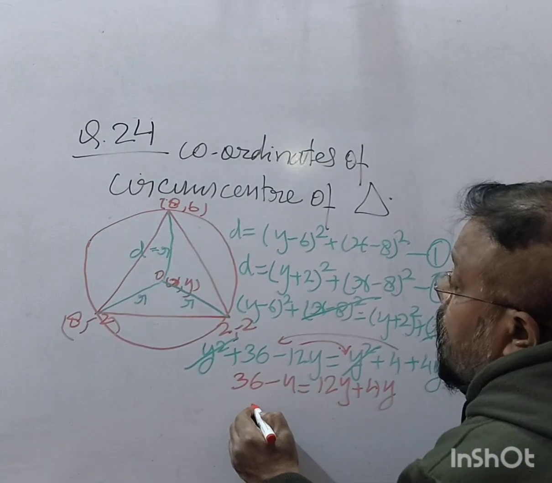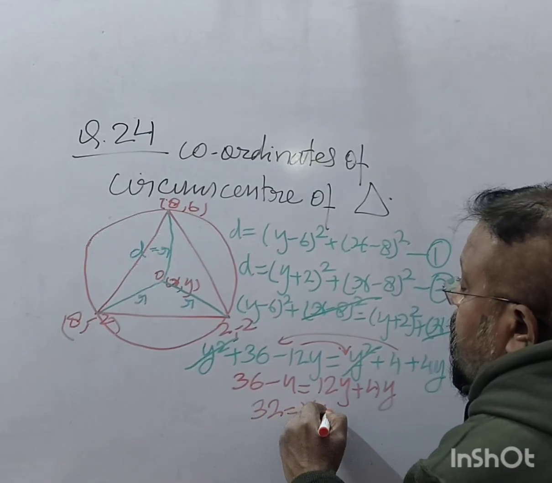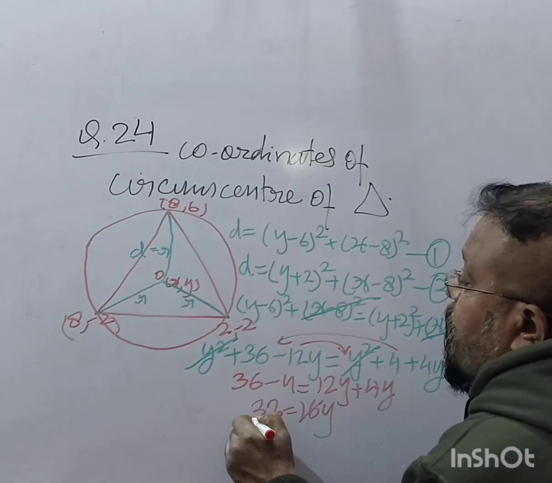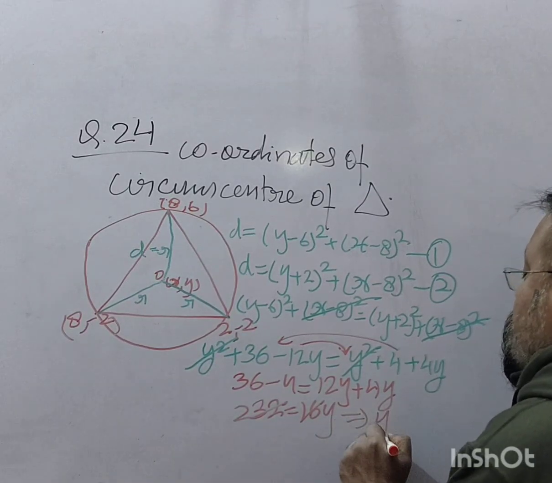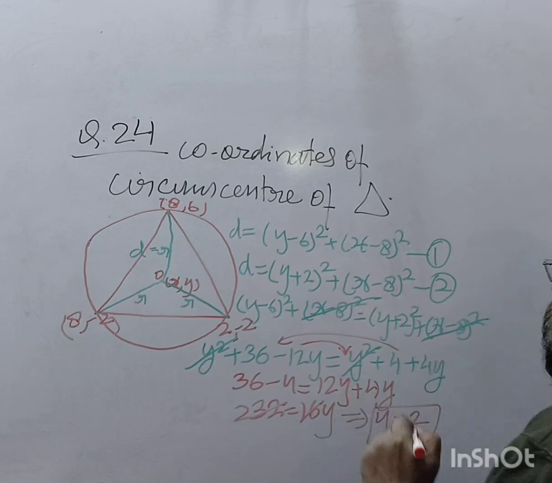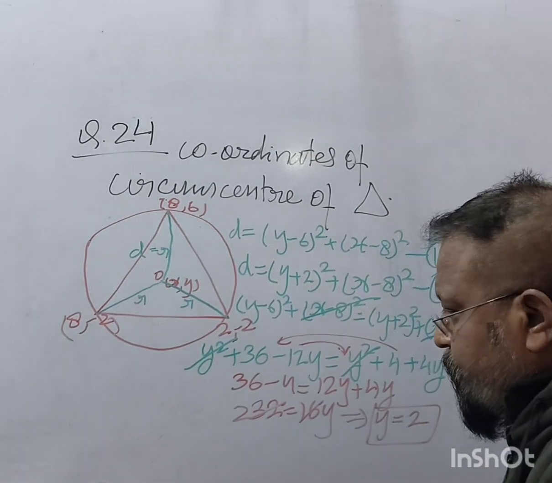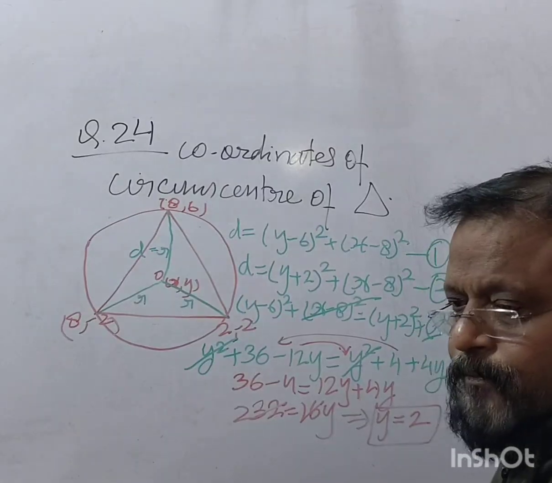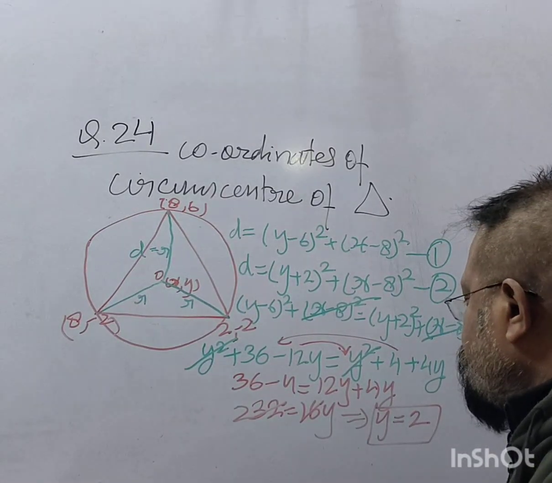So this is 32 is equal to 16y. 2 times 16 becomes 32. So we get y is equal to 2. Right? We get y is equal to 2. Right? Now,